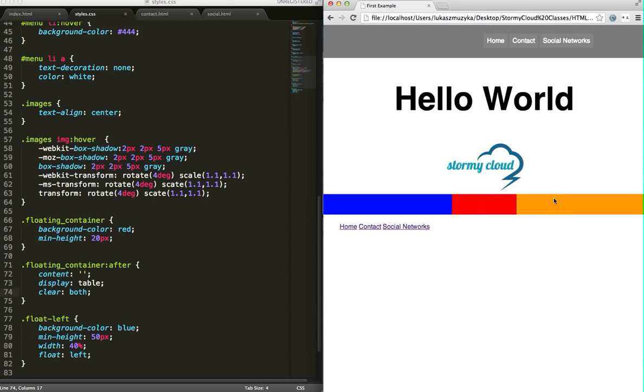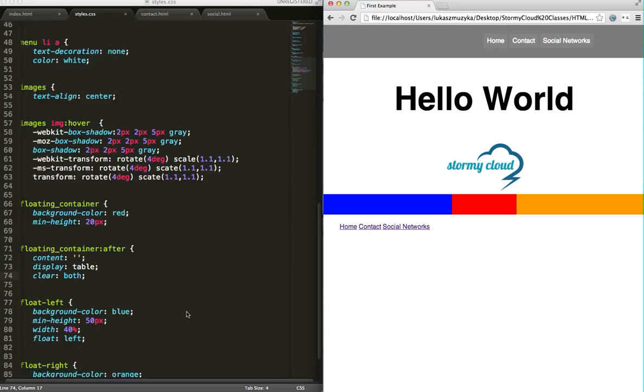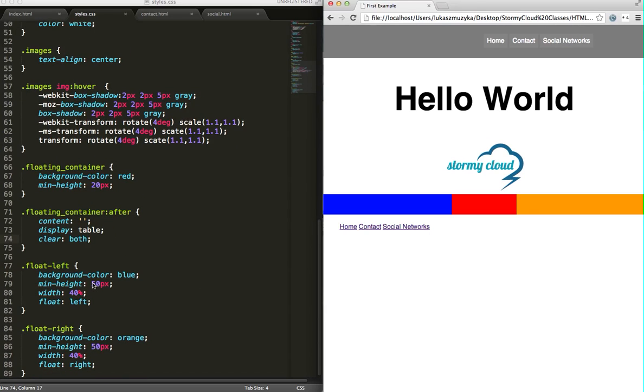We can also make the orange div float to the left, and they will be stuck on the left-hand side. So we have to override this. Left. Yeah. There we go, so they're both on the left. This is very useful if you're working with your layout,